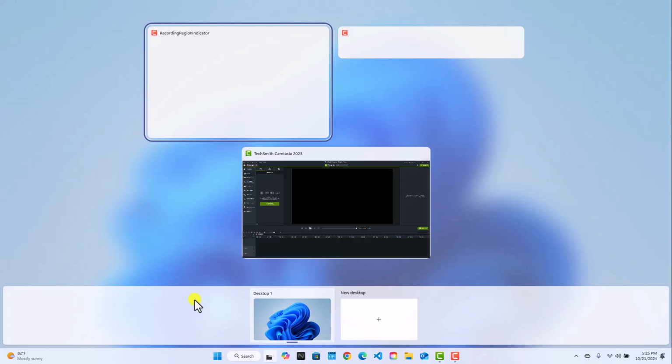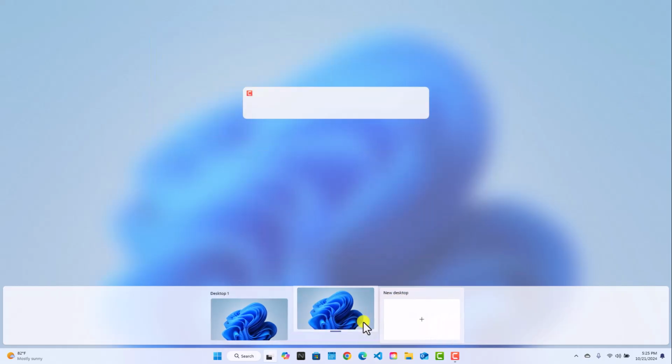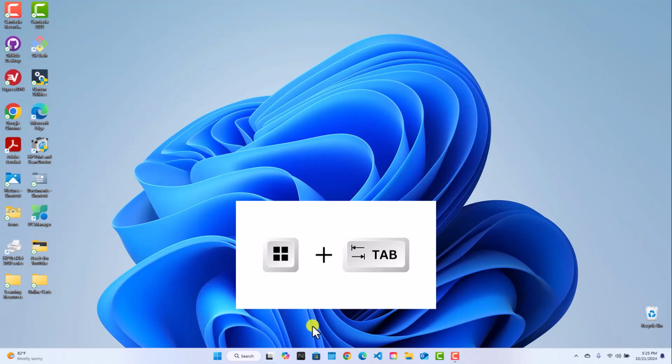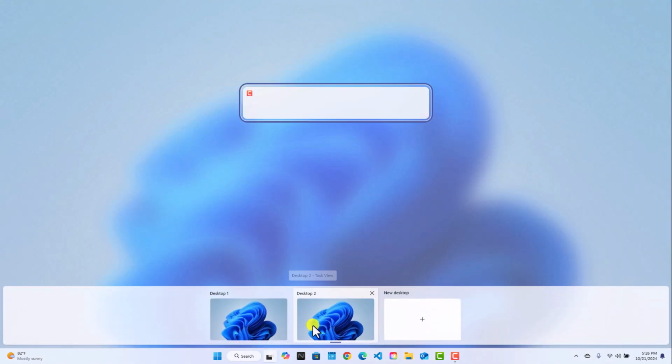And then on the bottom, if you see here, we have Desktop 1. So that's currently the desktop that we're working in. And then we have this option of New Desktop. So we can select this to have a new desktop. Of course, we can come in here and hit Windows Tab one more time. The only item that's going to carry over here for me is going to be the software that I'm using